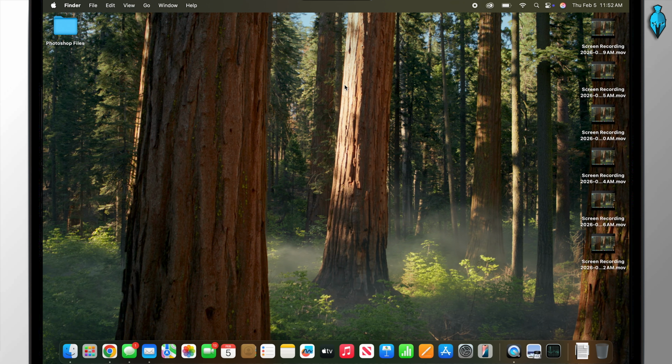From here, press and hold the power button again, but this time keep holding it down until you see the continue holding for startup options button. Keep holding it down until you see those startup options appear. After a moment, you'll see your main drive along with an options button. Click options and then press continue to enter recovery mode, and your Mac will now start loading, and eventually you'll